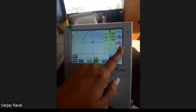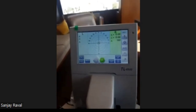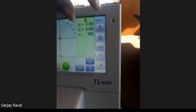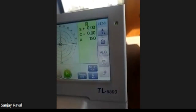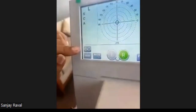This is addition mode. If you want to switch over to the addition mode in a monofocal lens, yes, you can. There's a print button and a clear button. These four, five buttons are annotated on the right column of the screen. Whereas just beneath the measurement line, this is the lens selection. We discuss the manual, this normal